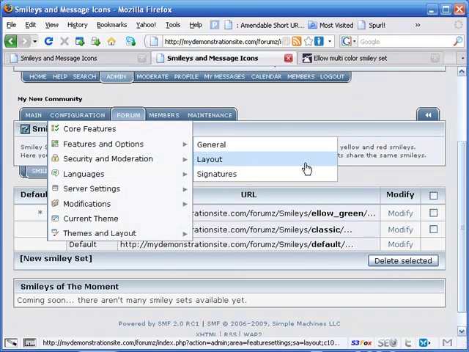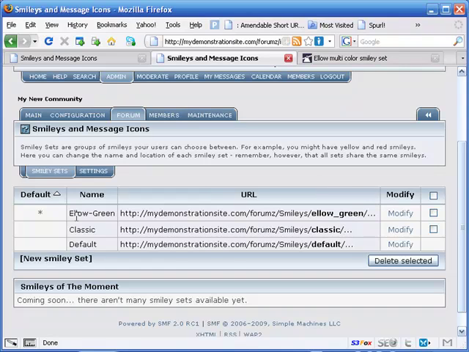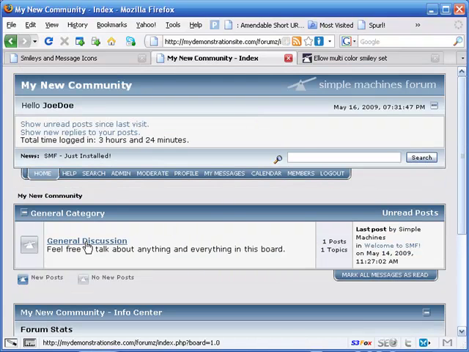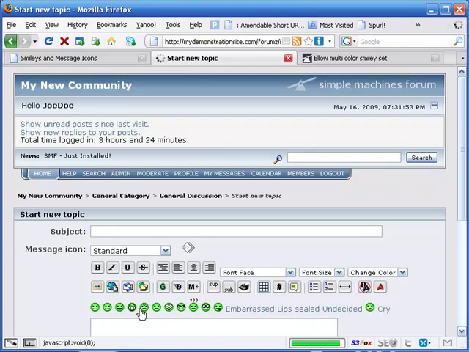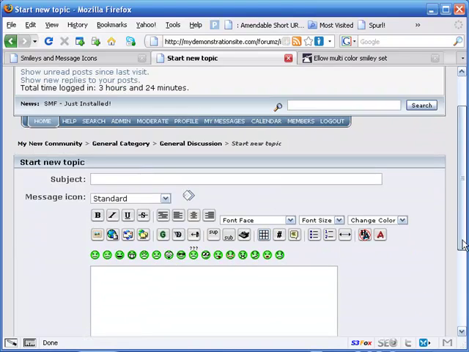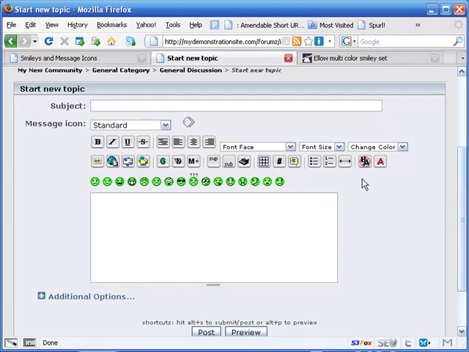Now then, just to show you that we've got the install correctly, come on up here to Home, and let's pretend to make another post like we did earlier. Click on General Discussion, go to New Topic, and our defaults have changed. Our default smileys have changed. And there you go, folks. That is how you can